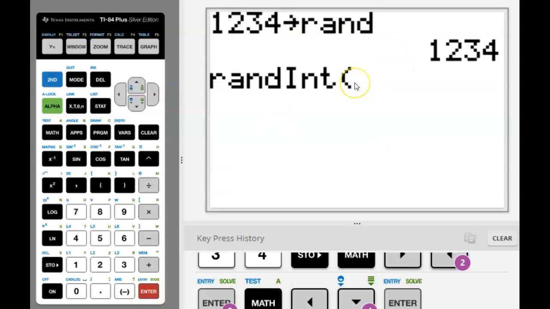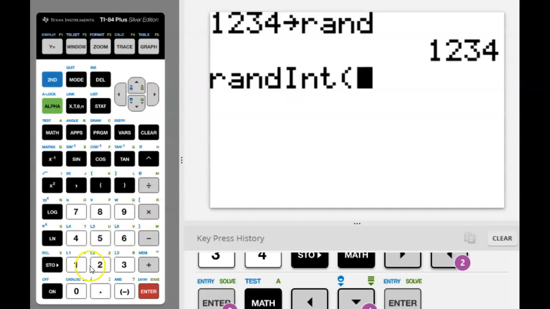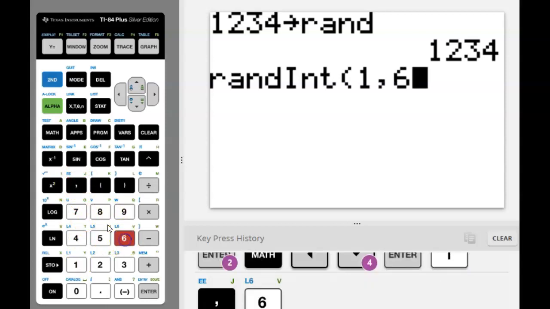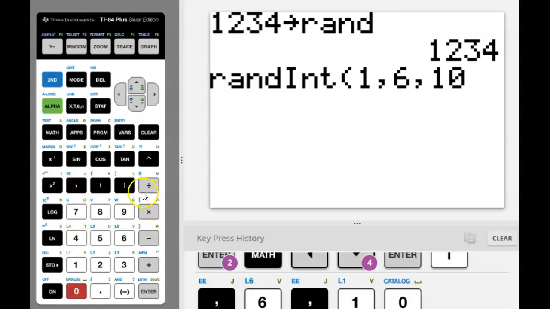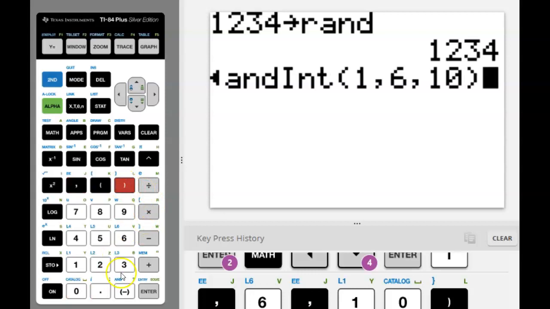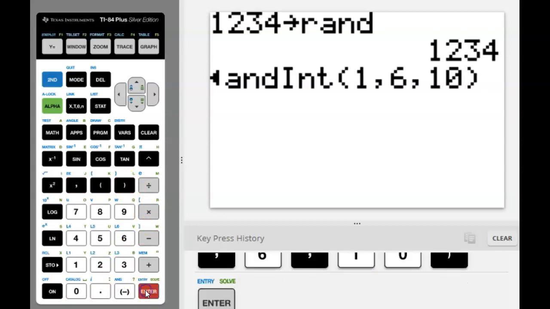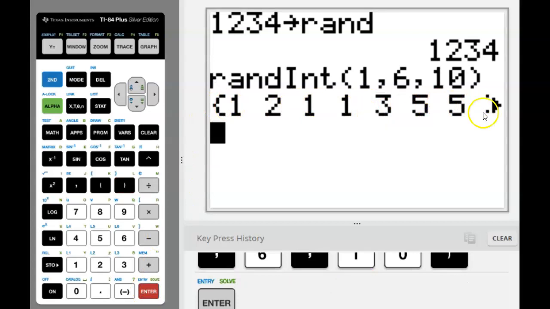And we want to tell the calculator what numbers to choose from. Rolling a die, we can get 1, 2, 3, 4, 5, 6. So I'm going to put in the number 1 and then a comma, which is the button above the 7, and then 6. That's telling the calculator to take all numbers between 1 and 6. Another comma though, because now I can say how many rolls to do. We're going to tell it to do 10 rolls, because that's what you need to do in that lab. And if you press enter, you get a bunch of numbers coming up,